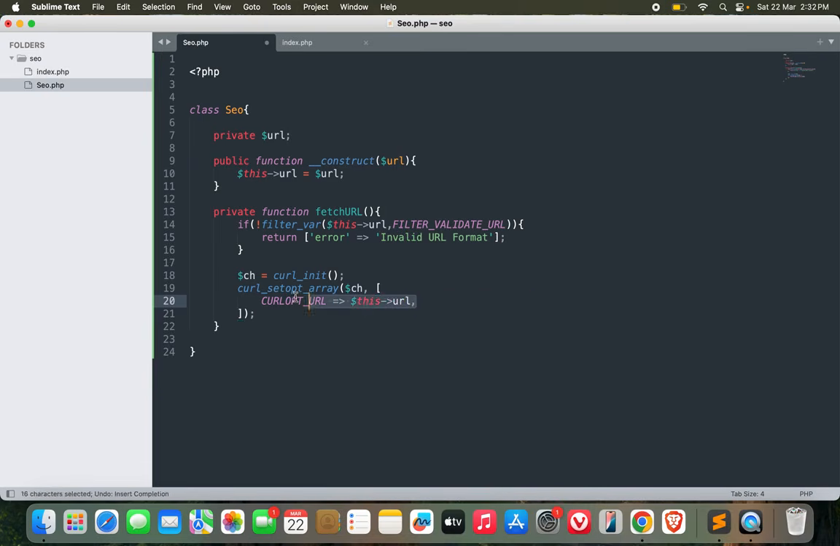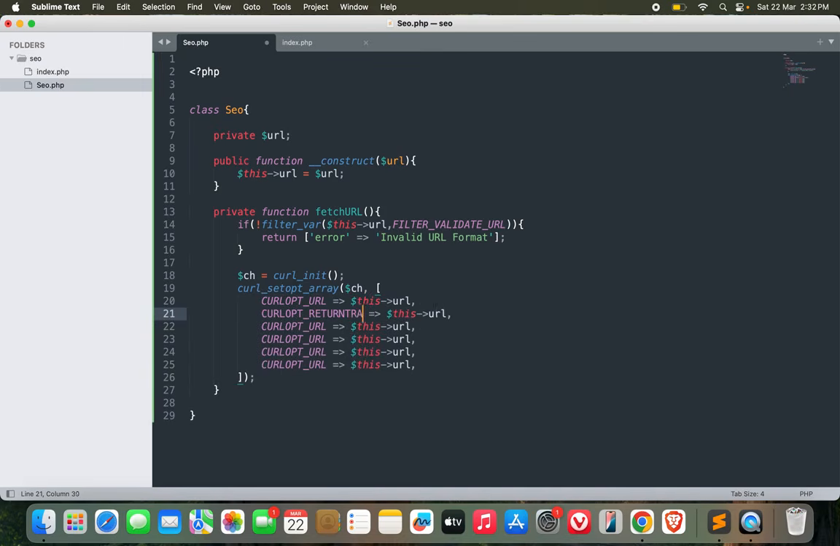Similarly, I can copy it and make some more options. The next one I need is return transfer. This should be 1. Similarly, I can select the user agent as well. User agent means from where I am actually making the call. Is it some browser, some application? I don't know what it is. So what I can do here is,